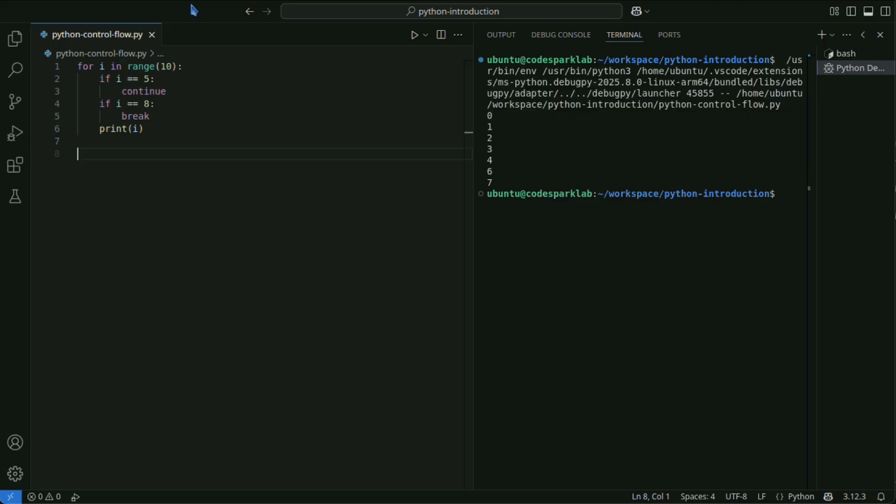In Python, the while loop is a control structure used to repeatedly execute code within the block as long as the condition remains true. The basic syntax of the while loop is as follows.